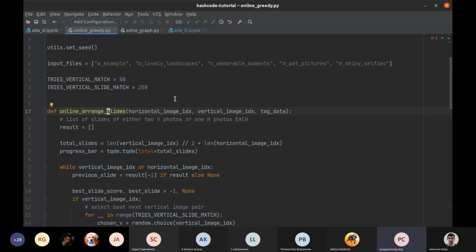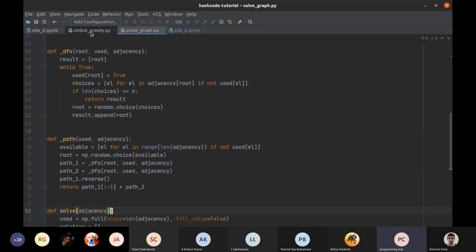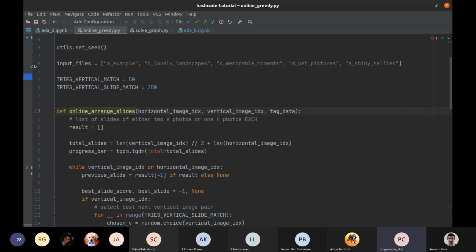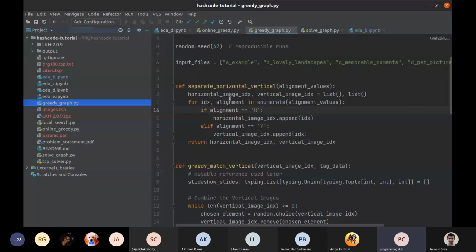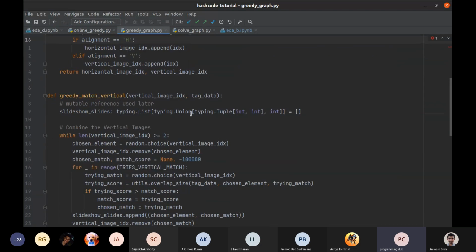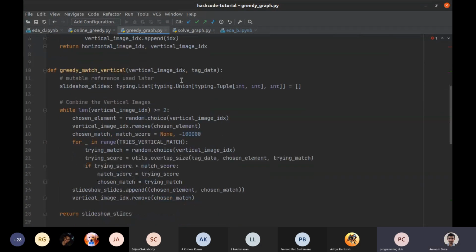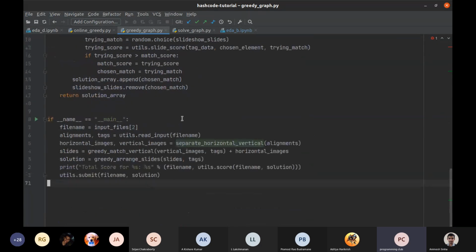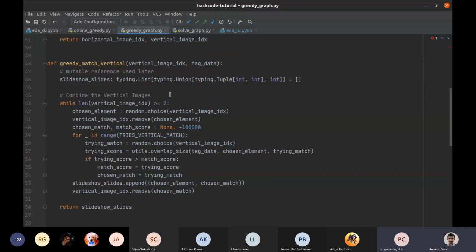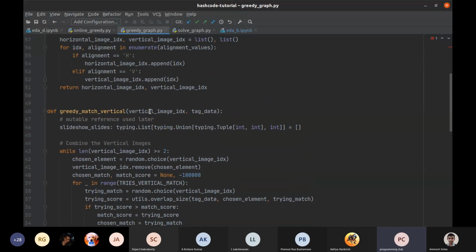It's a fancy term, but what it basically means is this. If we look at the original graph code, this is the original graph, right? We were first separating horizontal and vertical. This is the original code, by the way, not what I wrote right now. As you can see, the original was also less than 60 lines and a bit more clean. But the same thing.